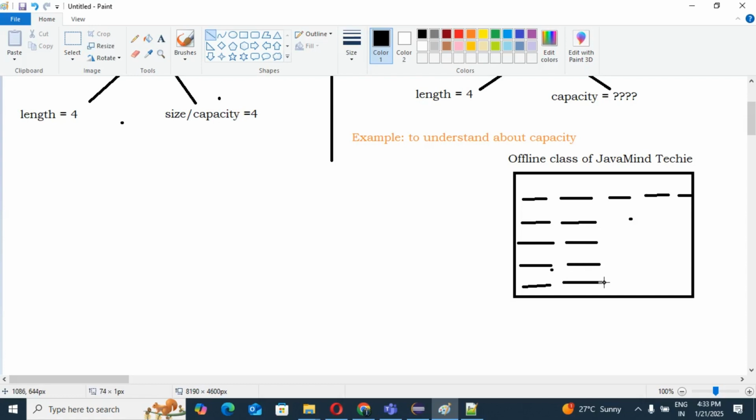So, guys, what is the total capacity of how many students can sit? 50 students can sit in the classroom. Yes or no? Don't worry about whether this is 50 or not, I'm just assuming. Suppose we have 50 chairs in the classroom, that means 50 students may sit in the classroom. Yes, obviously. Okay, see, suppose in one day